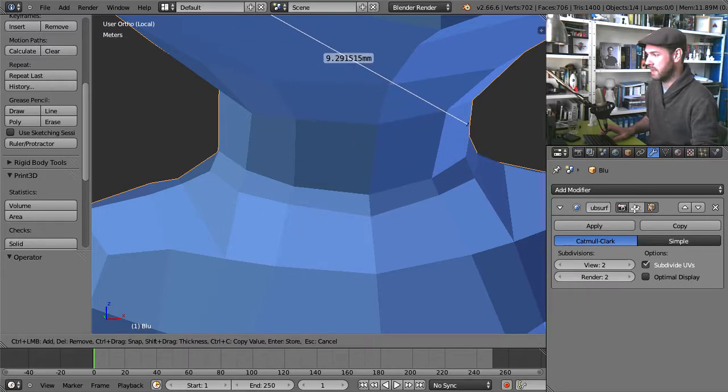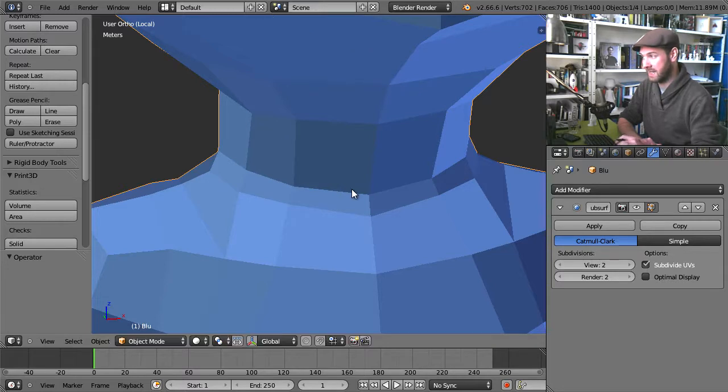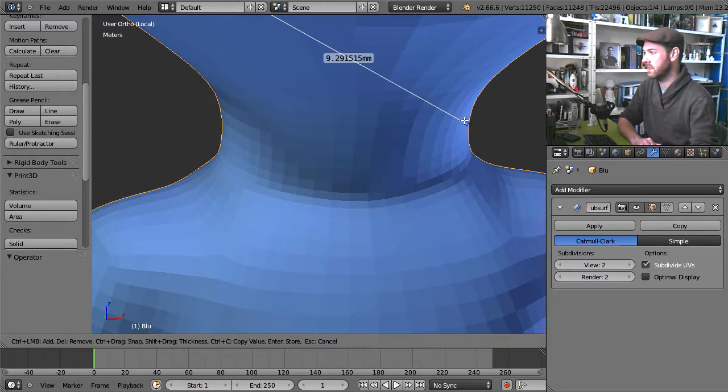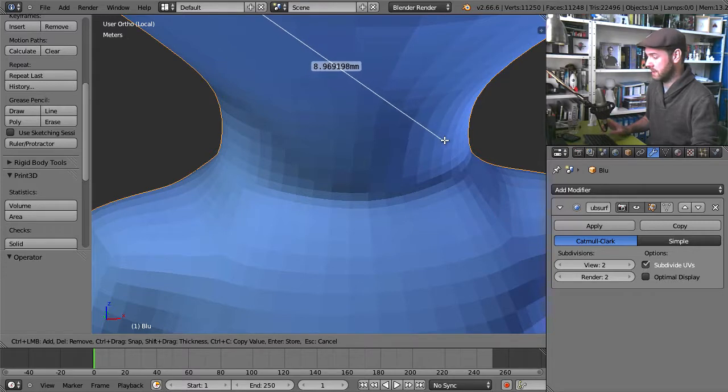Let's turn this back on. See, I can't do anything here now because I'm still in the ruler. I'm working with the ruler. I can either hit enter to store my ruler or escape to get rid of it. I will hit enter, enable my subsurface again and go back to the ruler. I will move it and hold shift so I can measure the thickness,